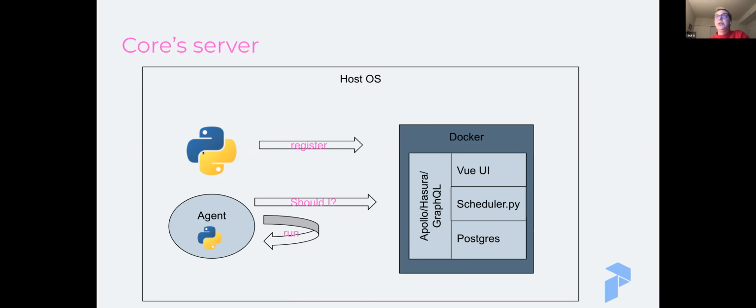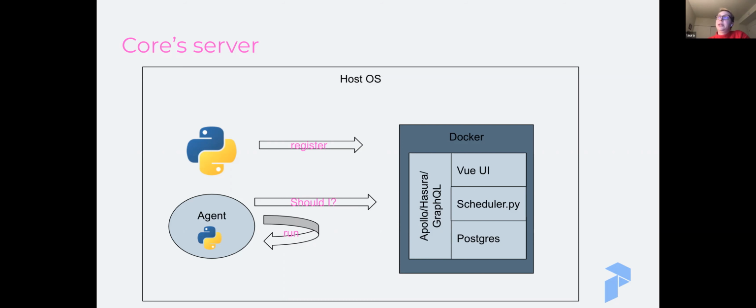One is that we need to register the flow, which basically means that we need to send it through this GraphQL layer to be stored in Postgres, so that this whole database setup knows what it even is. So we'll register our flows. And then the other thing we need to do is start an agent, which itself is a Python process. We have a bunch of different types, but some sort of long running agent process, which is going to poll this